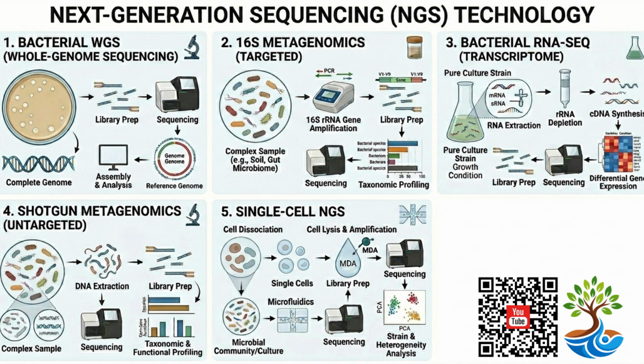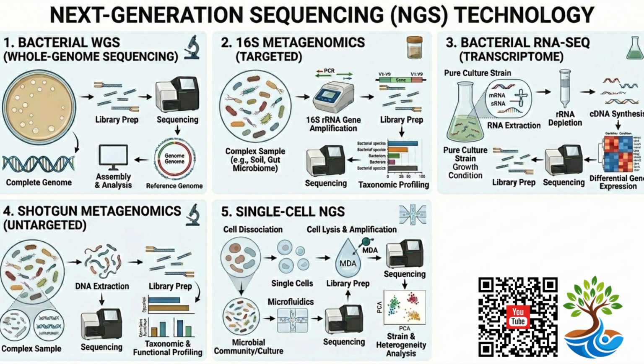This approach sequences the entire genome of a single bacterial isolate, providing the highest level of genetic resolution. It is widely used for bacterial identification, outbreak investigations, antimicrobial resistance gene detection, virulence factor analysis, comparative genomics, phylogenetic studies, and epidemiological surveillance. If your goal is to characterize an individual bacterial strain in detail, whole genome sequencing is generally